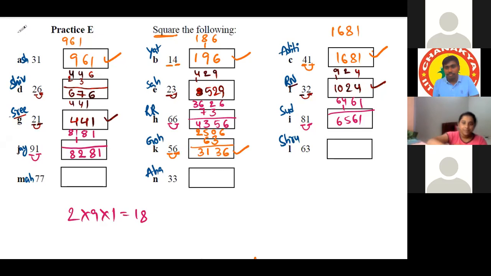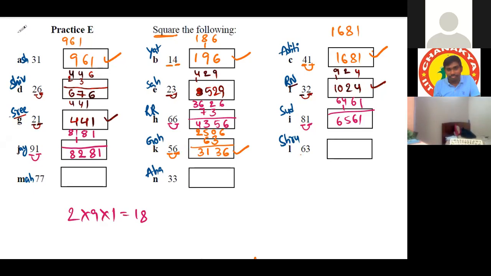Okay, Srishti, fast. Yes, sir. Now duplex of 6 is 6 into 6 is 36. Then we have to do 2 into 6 into 3, which is equal to 36. 3 down, 6 up. Again 36. Then 3 duplex is 9. Finally, sir, the answer is 3969.